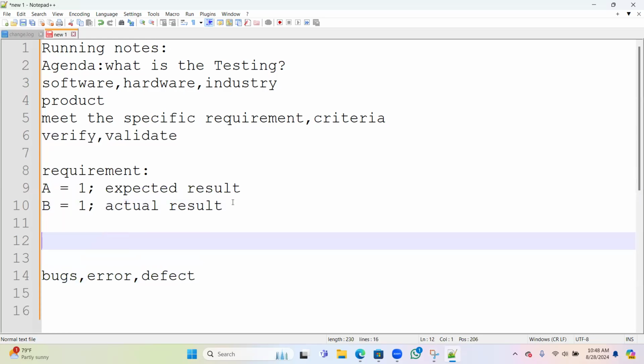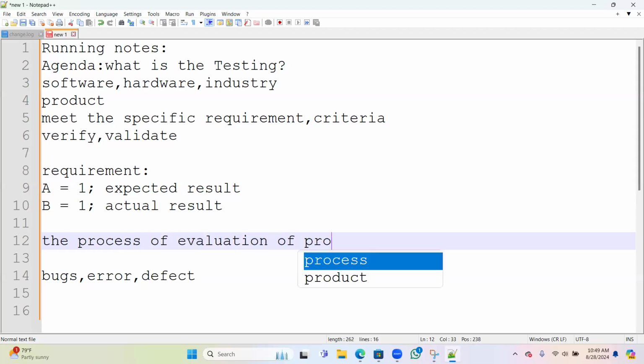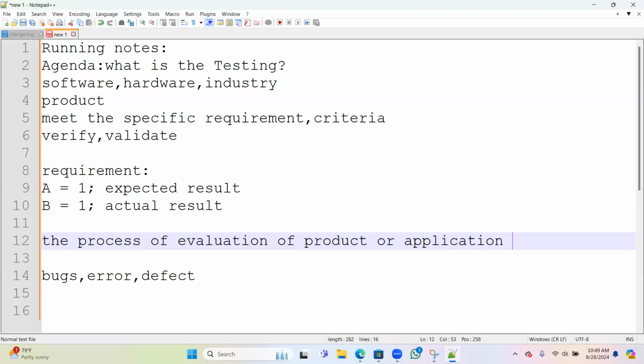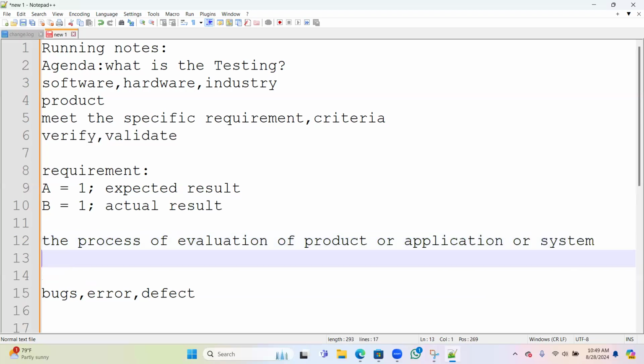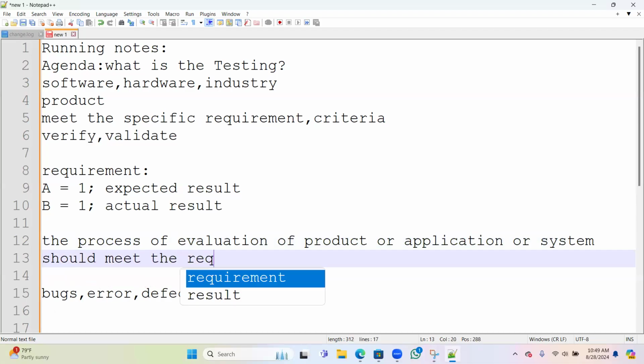So in testing, I would say it is the process of evaluation of a product, application or system, which should meet the requirement.